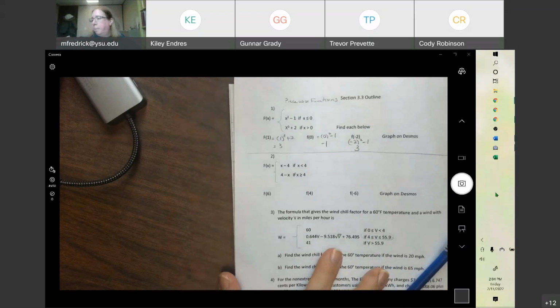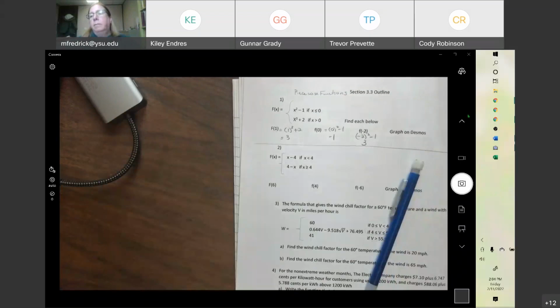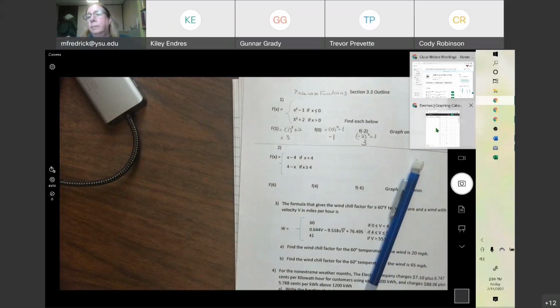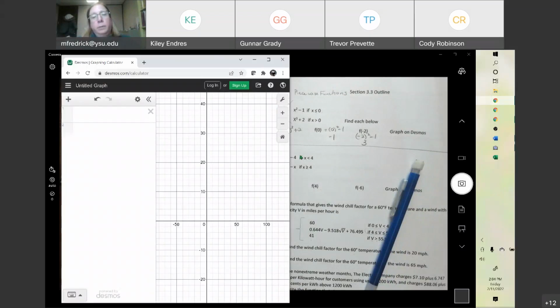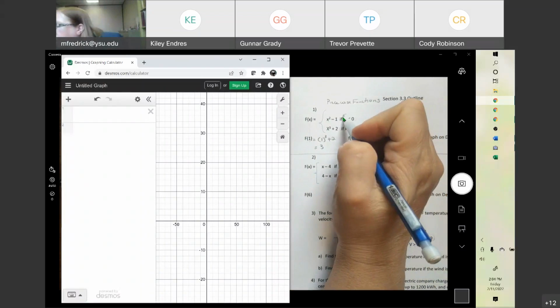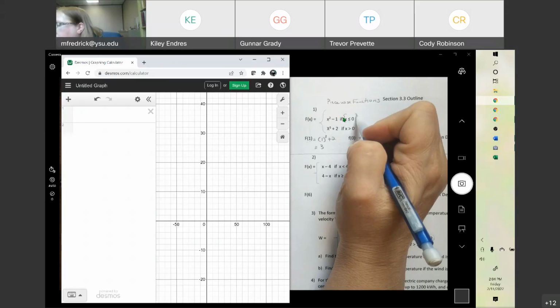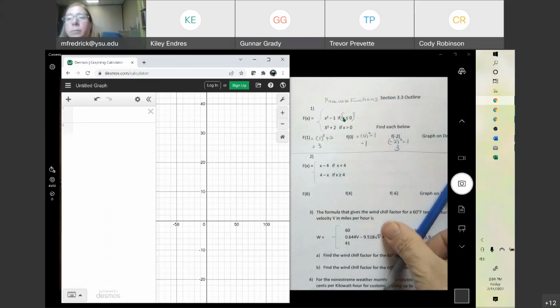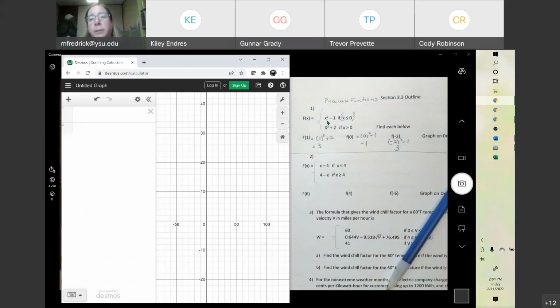Okay. To graph it, we'll open Desmos. Now, when you're typing the equations and you have the inequalities, we're going to put the inequalities in what's called script parentheses. So they look like this. You won't need the if. So we first type